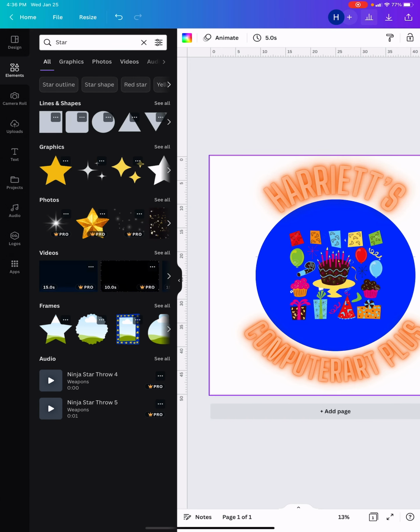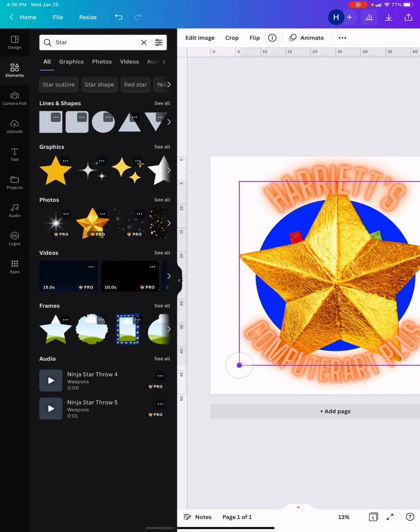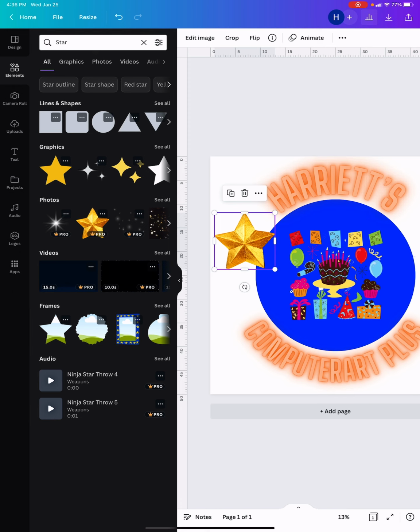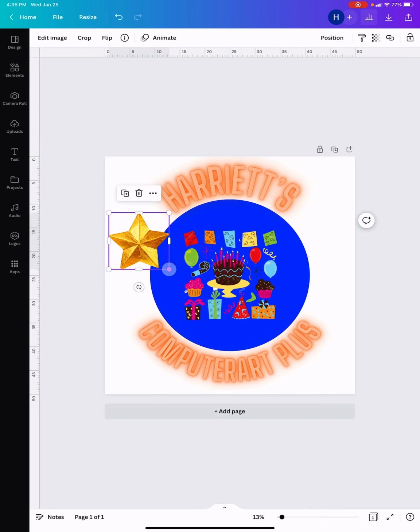So let's say I wanted this star. Of course, it doesn't match anything, but this is just an example of what you can do. So I'm going to shrink it down some, and I'm going to turn it. At the bottom of the star, you see the two little arrows in a circle, and that's how you turn things or adjust the angle